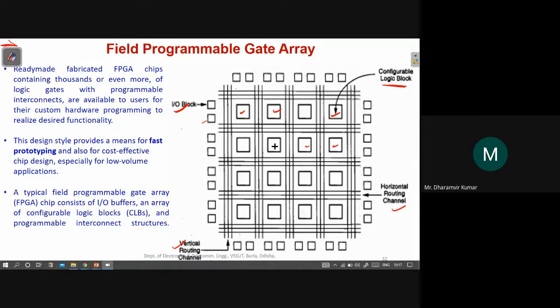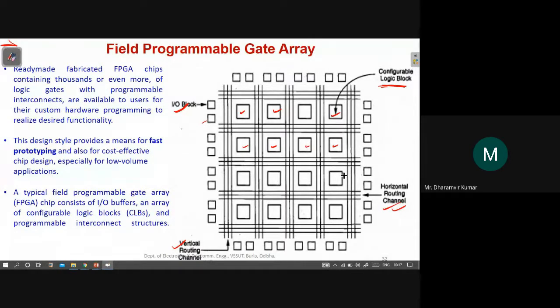These routing channels are programmable, so we can program them. We configure these logic blocks according to our design functionality, and then we connect these different logic blocks because our circuit may be big. These CLBs have small capacity to perform some logical operation. So if your circuit is big, you need to connect many such CLBs.